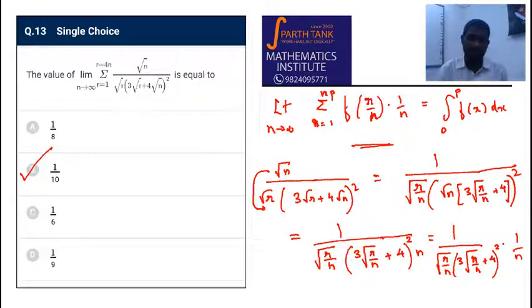Okay, so this is a very nice rule. Integration is the limit of a summation. Remember this rule: r is equal to 1 to np, or it can be 0 to np also. Doesn't make a difference in this limit. The limit of the sum of f of r by n into 1 by n is integral 0 to p f of x dx. Okay, very interesting problem. Question number 14.